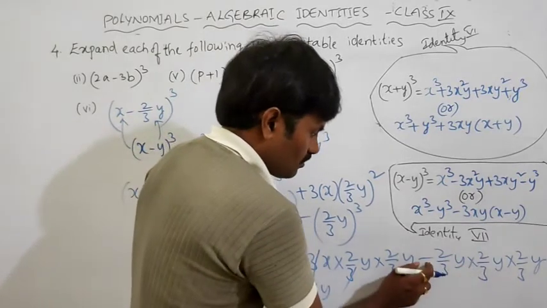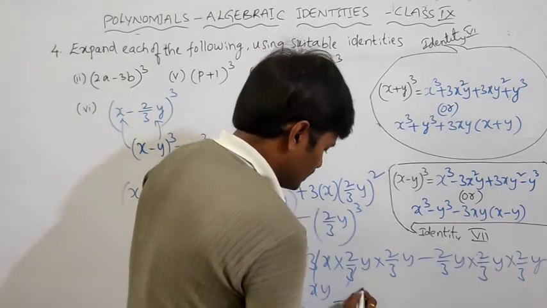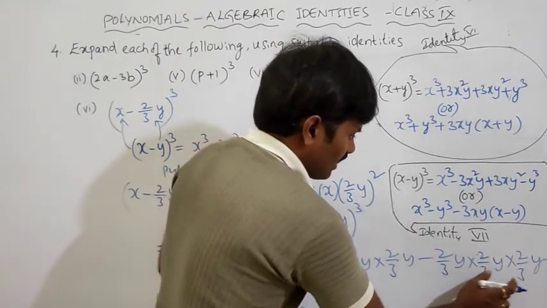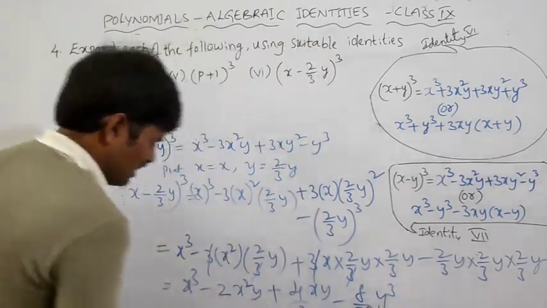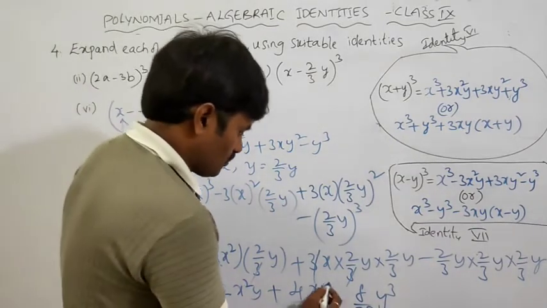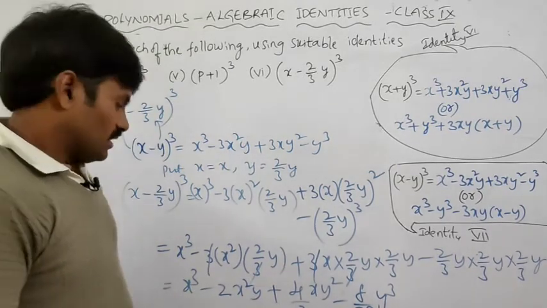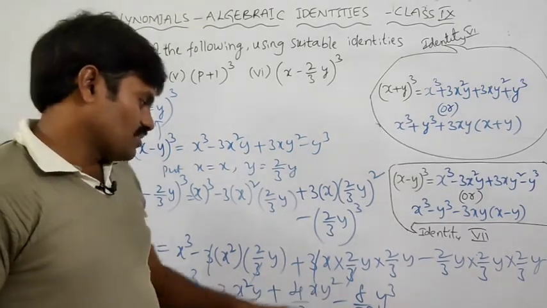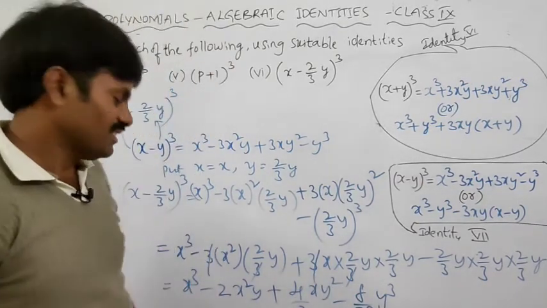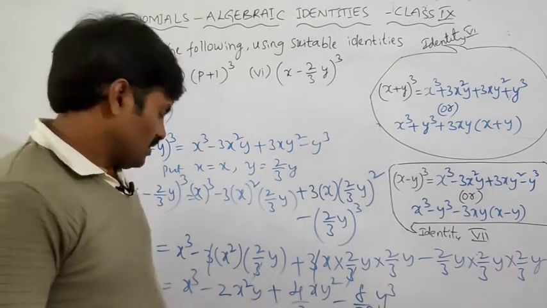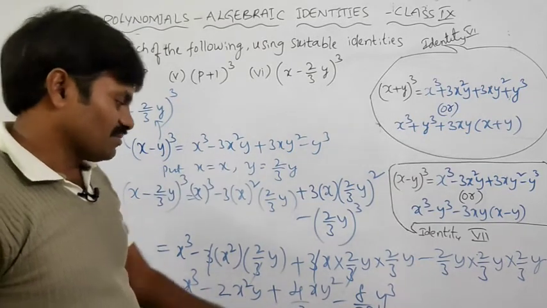So all are positive terms, but here is minus, so minus 2 into 2 is 4, 4 into 2 is 8, by 3 into 3 is 9, 9 into 3 is 27, y into y into y, y cube. So this is the expansion of (x minus 2 by 3y) whole cube. Is it? Here the degree of each term, if you observe, we got 3 itself. Yes: 2 plus 1 is 3, 1 plus 2 is 3, and 3. So all are having the same degree, but these are not like terms. So this is the end of this expansion. So it is the final result.